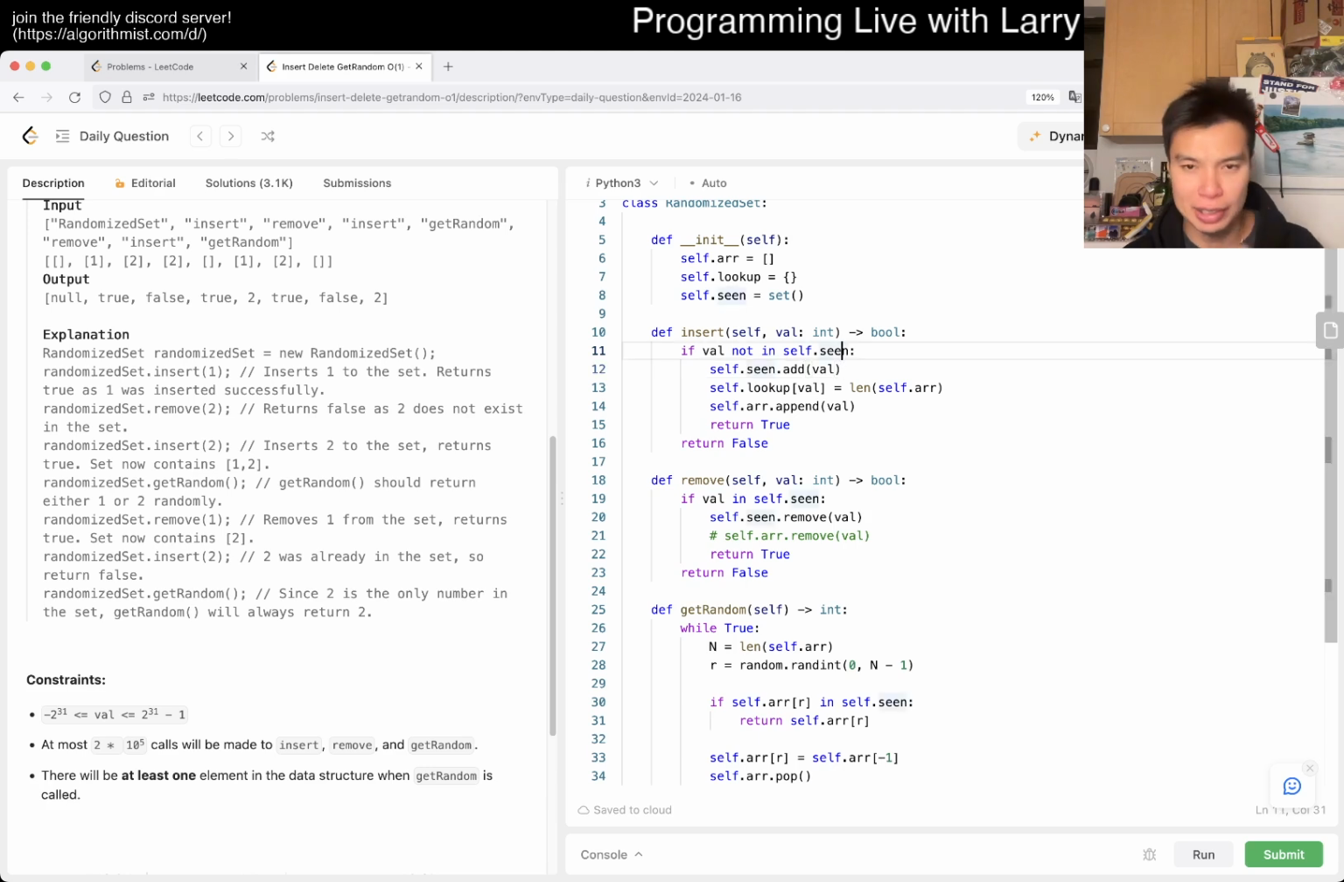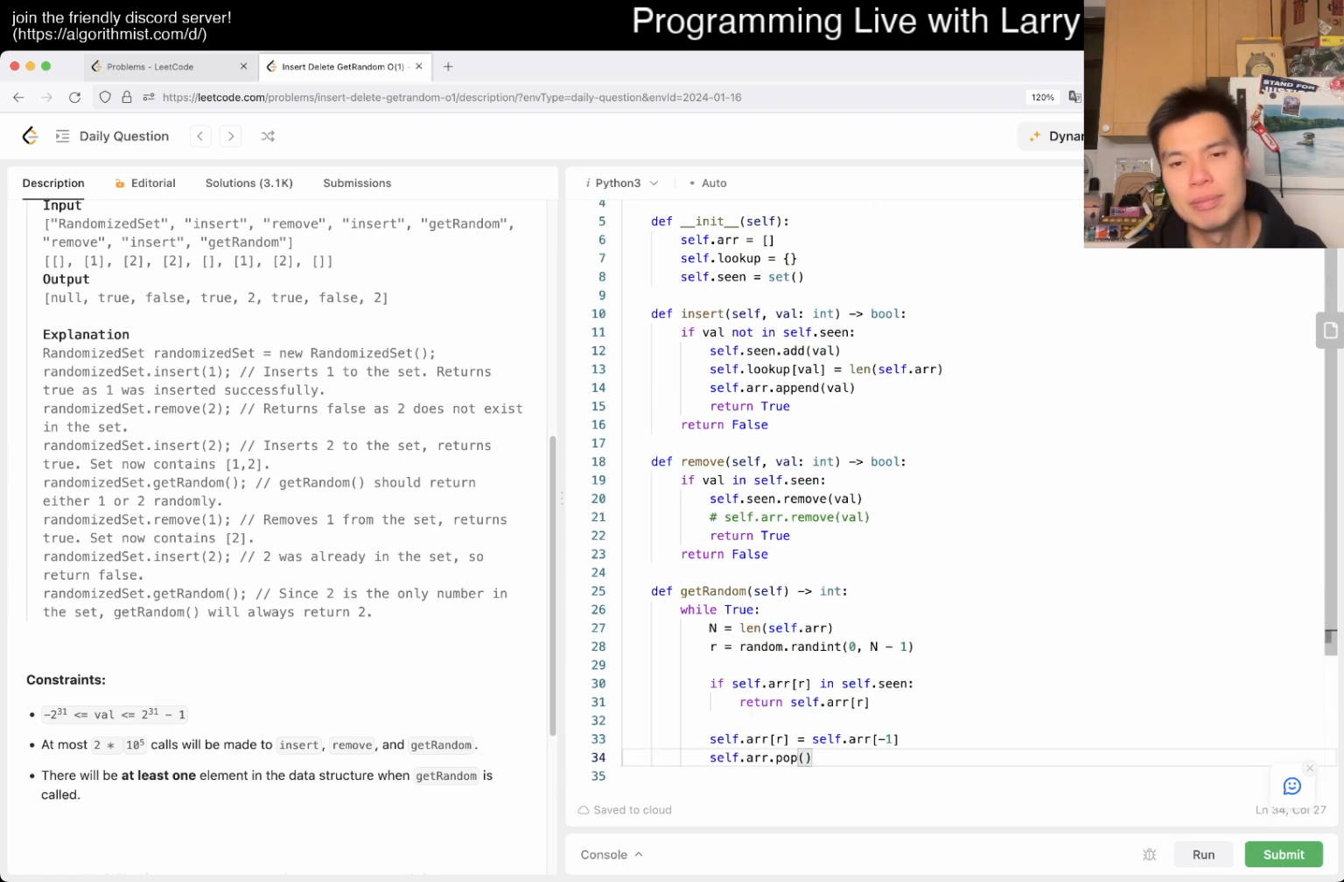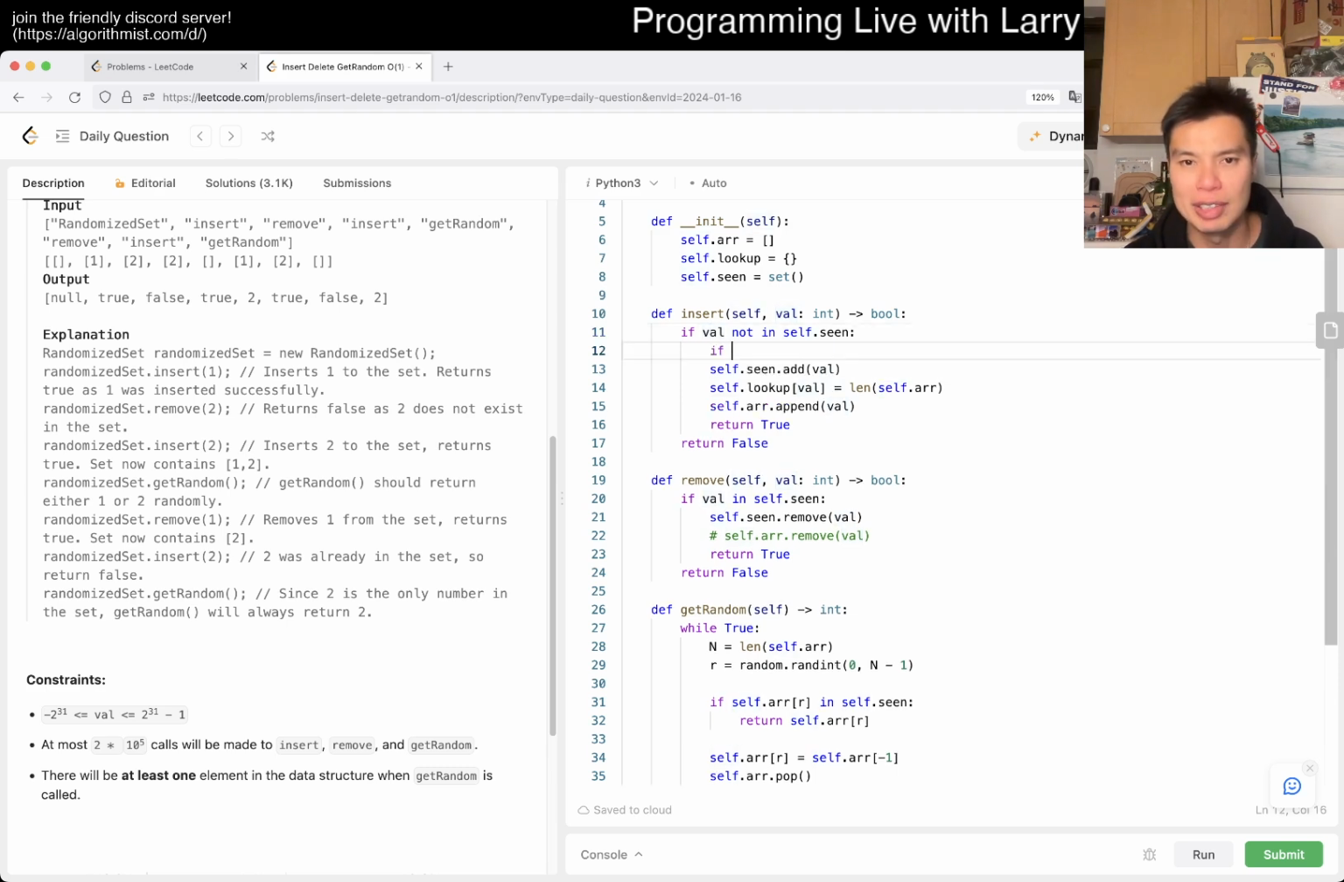Yeah, you have to handle the case where you remove this, but this is not removed yet, right? So for the insertion, we would actually have to, wow, for a medium this is kind of, I don't know, they accepted something, but it definitely is still a struggle, right? So if val is in self.lookup, then what does this mean? That means that